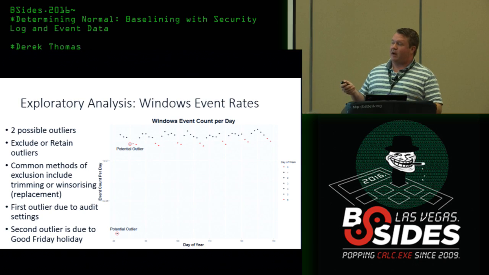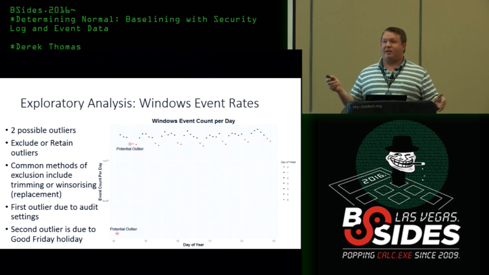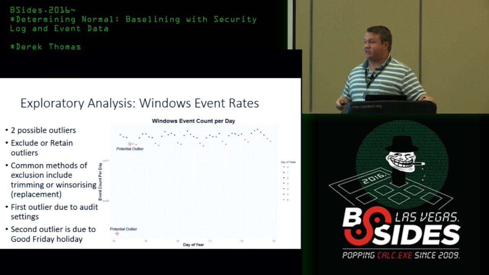There's really 3 different methods for dealing with outliers. So excluding it, which is trimming. There's Winsorizing, which is replacement. So you could take the average Friday and just replace that value with the average Friday. You could also just keep it. If it's a naturally occurring outlier, I would definitely keep it. Like you just really have a lot of people working hard and doing a lot of administrative activity. That's naturally occurring, and that should probably stay within the data set.